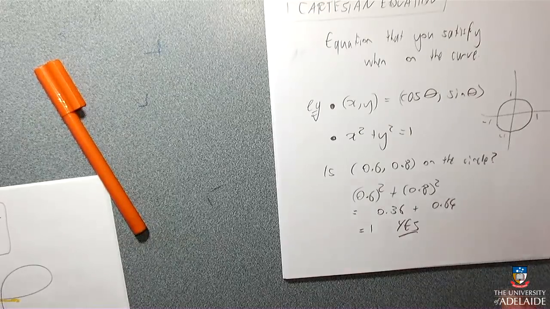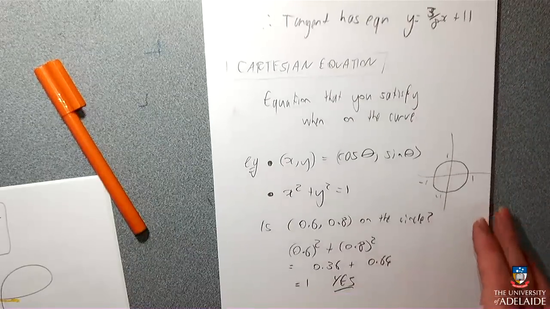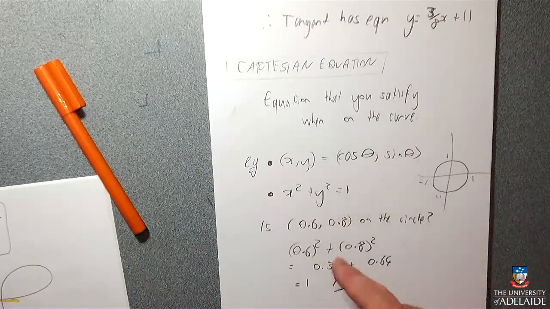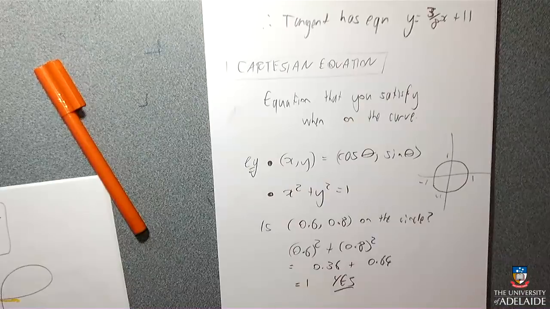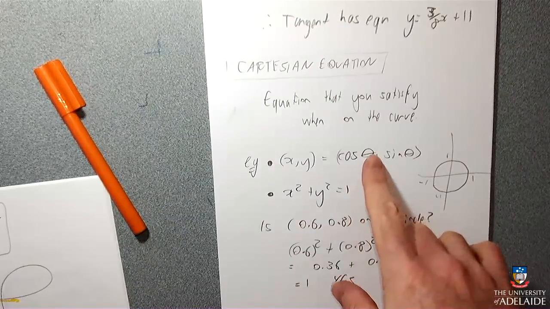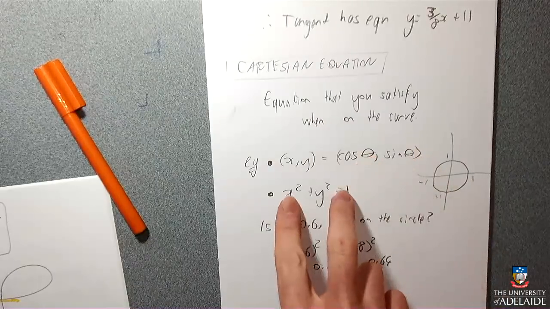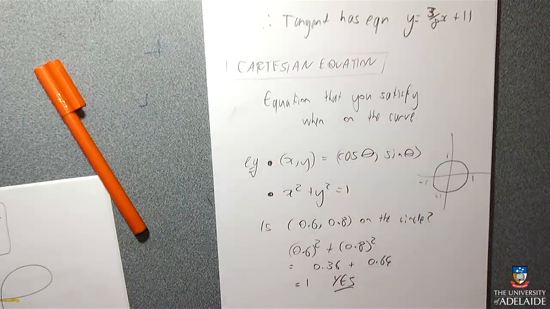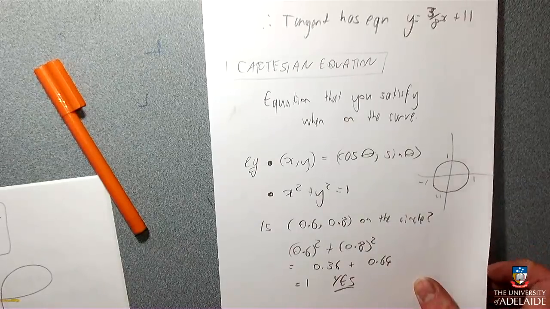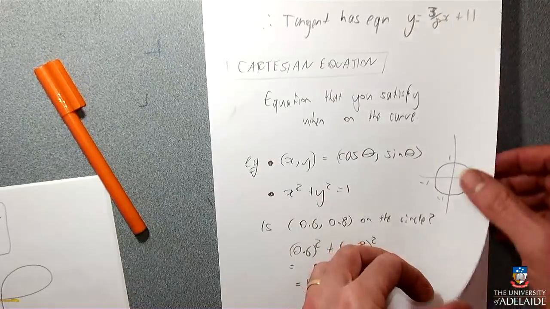And so the trick is to be able to turn one of them into the other. There's no real reason to do that, other than people keep asking you to do it, and so you need to know how. One of the classic ways of doing it is to use the fact that if you have cos theta and sine theta, it will give you cos squared plus sine squared equals 1, and that's a classic way of achieving the thing that you want. Otherwise, you just have to find a way of getting rid of the t.